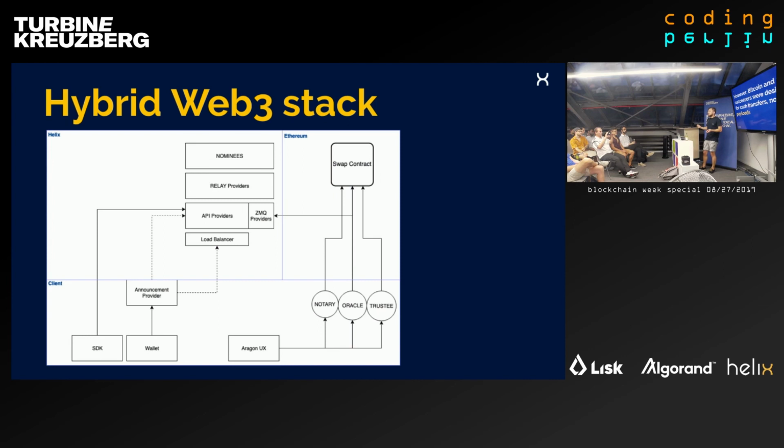But when you're more in the B2B case, it is fairly safe to assume that you have your relay nodes in the network, and if for some reason they stop working, you always have gossip networking as a fallback. But typically it will work and you have very small latency here. And finally we have nominees and Aragon, and this swap contract is the Helix DAO, and this